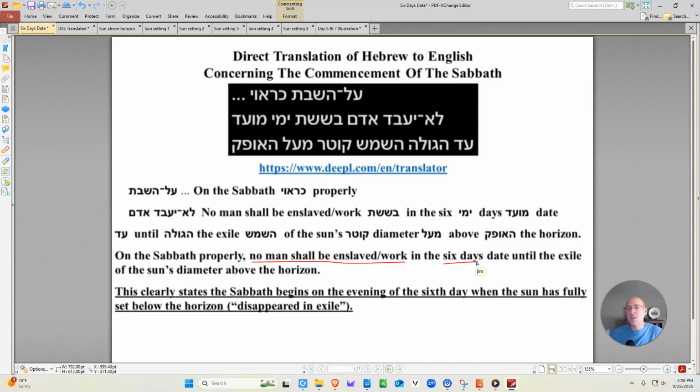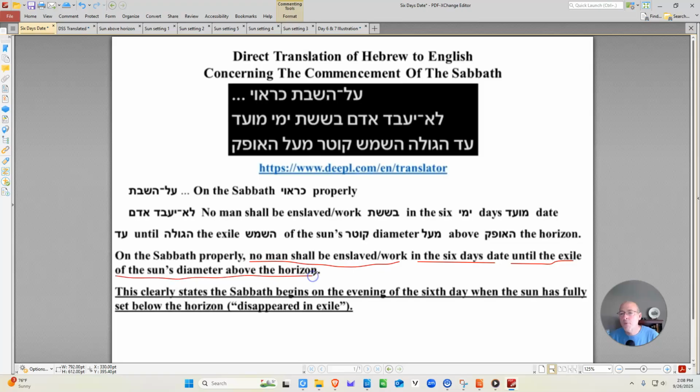We're usually talking about either the 6th day. We understand the 6th day, and that's how the presenter of this document, along with the translators, are choosing to take this 6 days date to mean the 6th day. That's what they're saying. But in every week, we do have a 6-day period of time. We have 6 days. That is the work week. We have 6 days we work and 1 day we rest. So it looks to me like this passage is much more about when a man can start to work after the Sabbath than it is when a man must stop working before the Sabbath. So no man shall be enslaved to work in the 6 days until the exile of the sun's